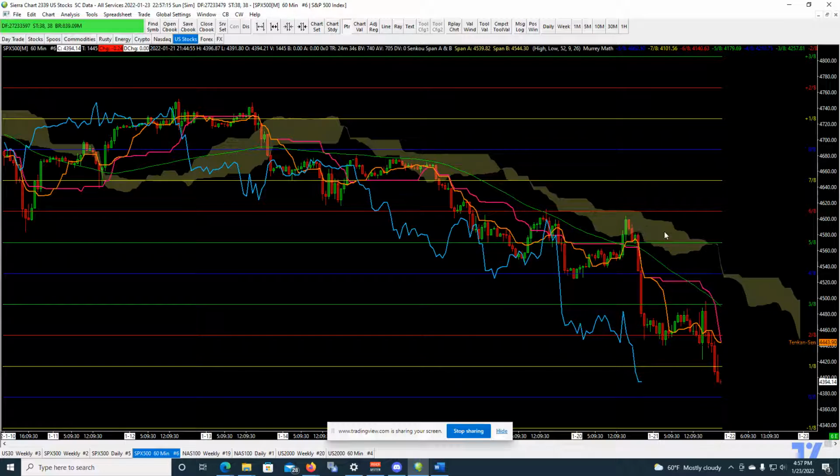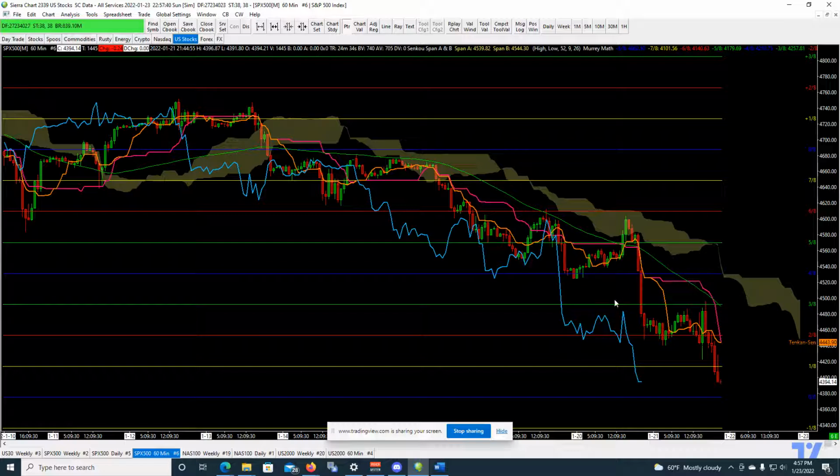This was probably the one that caught a few people. As it accelerated back down, it was very powerful, right? And that was from Friday. So we came down and we had a lot of optionality that's been well documented. We have the January LEAPS coupled with the weekly gamma and some of the other options. So we had a record amount of